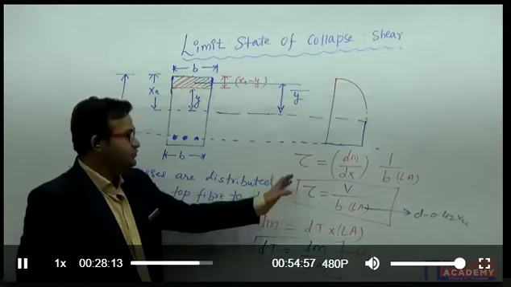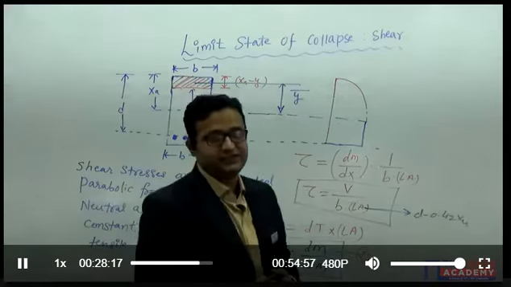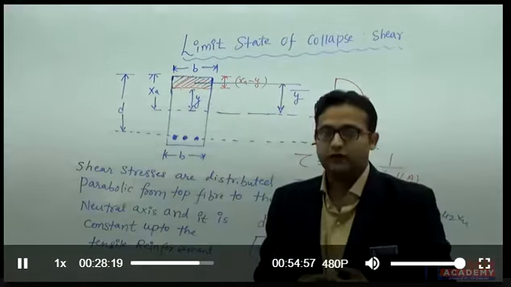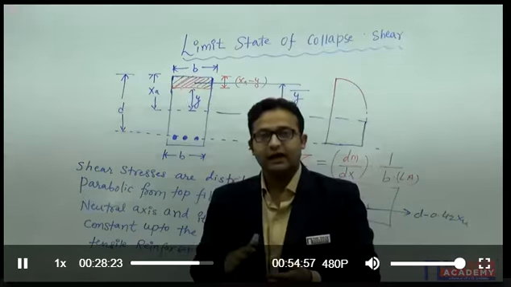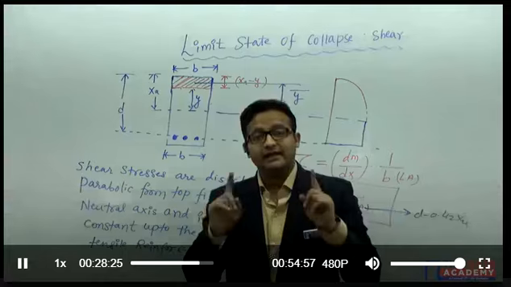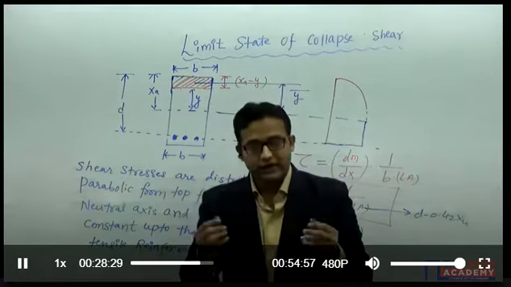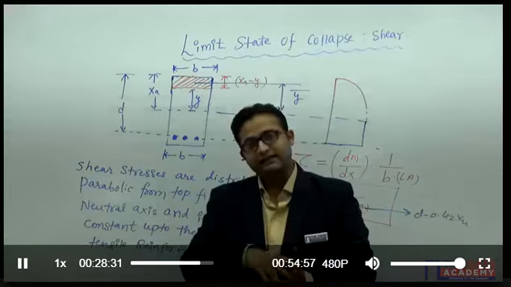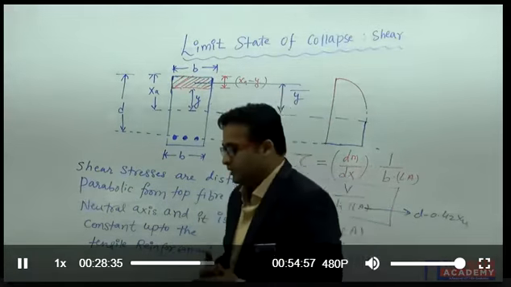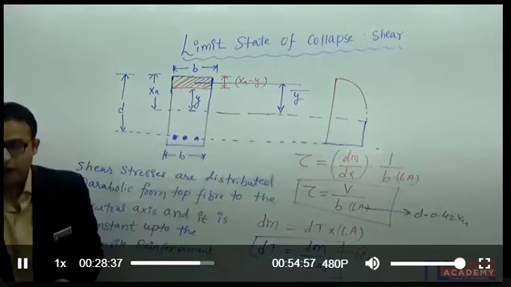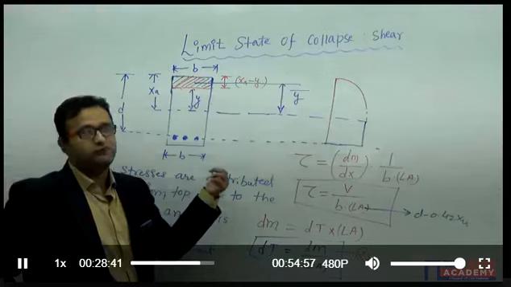Thank you. So in this way, we have seen the shear stress distribution is first parabolic from top fiber to the neutral axis, and then it remains constant up to the tensile reinforcement in the case of RCC. But in the case of pure concrete or any other homogeneous material, it remains parabolic from top fiber to the bottom fiber. Now let's talk about this question actually asked in the GATE 2004.